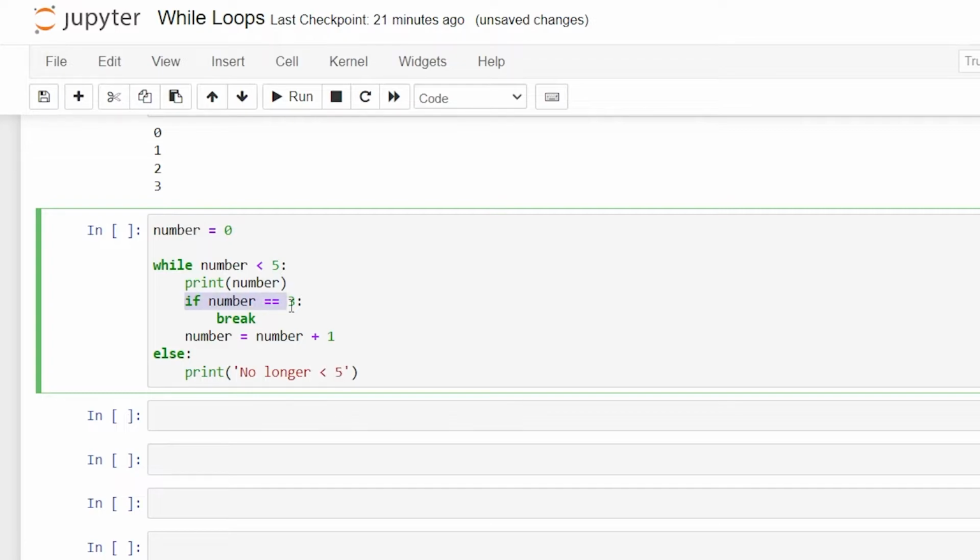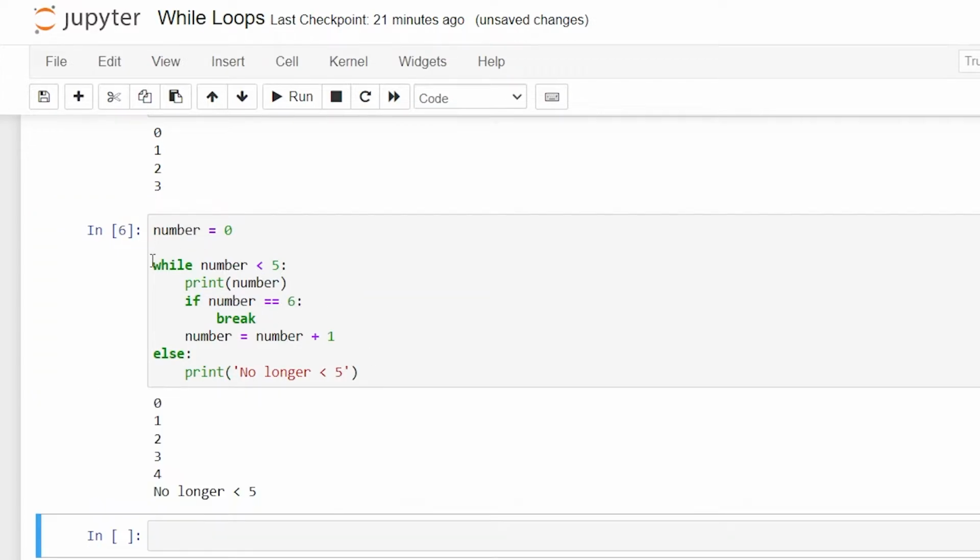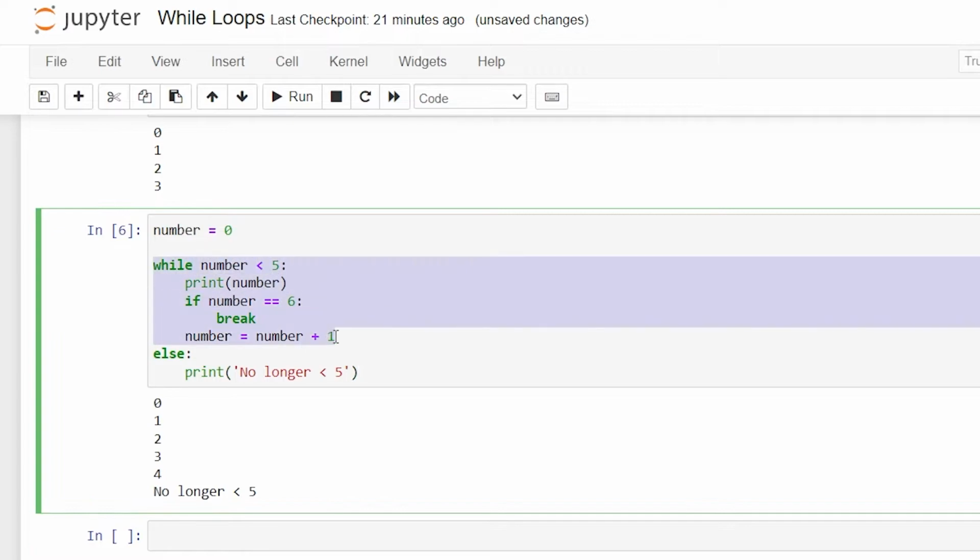Now, because this if statement is still in there, it will break. So let's say 6, and then we'll run this. And so it's going to iterate through this block of code. And once this statement is no longer true, once we break out of it, we're going to go to our else statement. Now, as long as this statement is true, it's going to continue to iterate through. But once this condition is not met, then it will go to our else statement